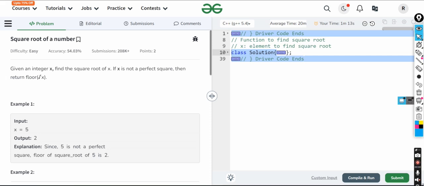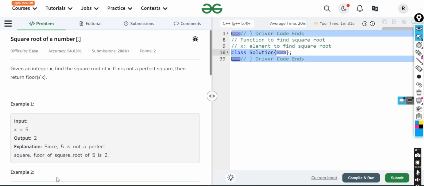Today is day 36 of solving LeetCode questions daily. Friends, today's topic would be finding the square root of a number. Now you might wonder that this is a very simple question. Using one single function from STL can give you the exact answer of what is the square root.